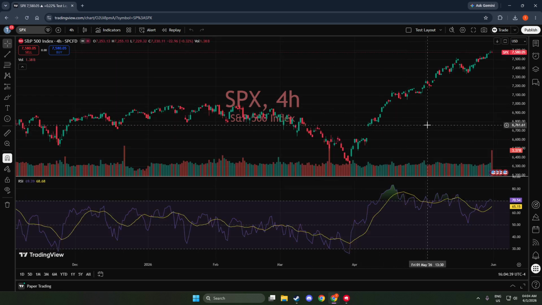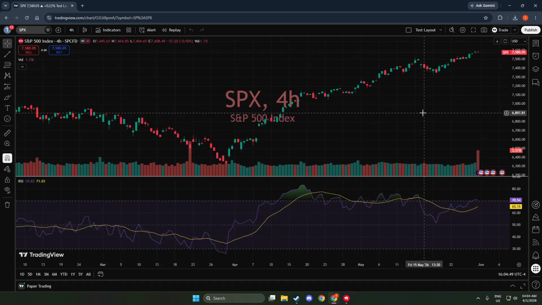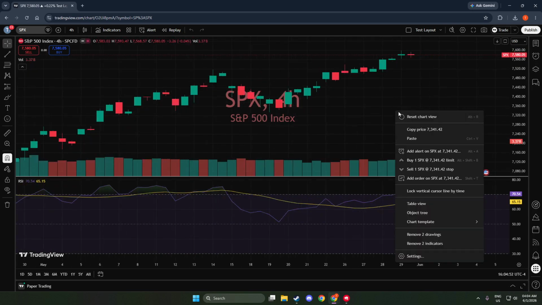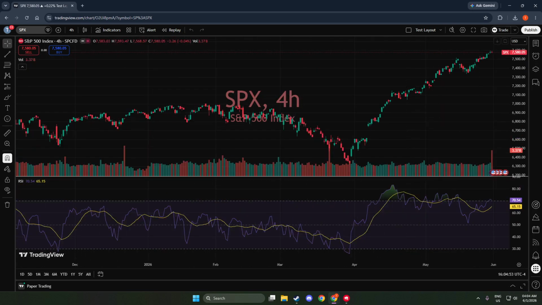A few helpful notes as you do this. Reset Chart View won't delete drawings or hide indicators, it only adjusts the view. If your chart contains multiple panes, like a separate indicator pane below the price, make sure you right-click on the price pane to reset the main view. If the context menu doesn't appear, try clicking on an empty area of the chart background and right-clicking again. And if your symbol has a very long history, the reset will still prioritize a practical fit around the most relevant recent data, so you can get right back to analyzing.